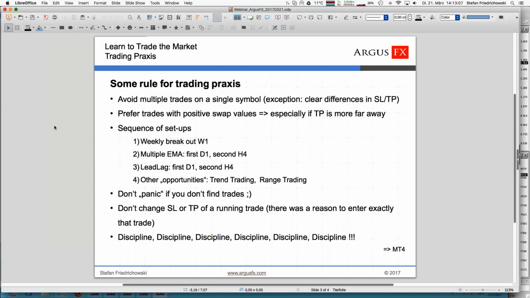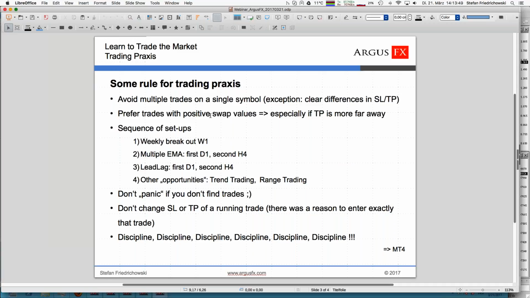The other thing is that we learned that there are trades which cost money every night, so-called swap prices or swap costs, but you learned that there are symbols with positive swap values. That means opening that trade gives a little bit of money overnight, and that is so-called positive swap values. So whenever you have a lot of trading opportunities, then I would always select those with positive swap values,